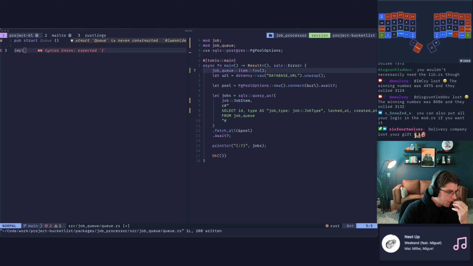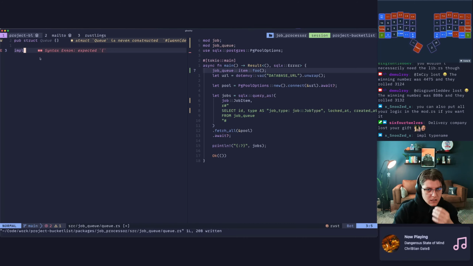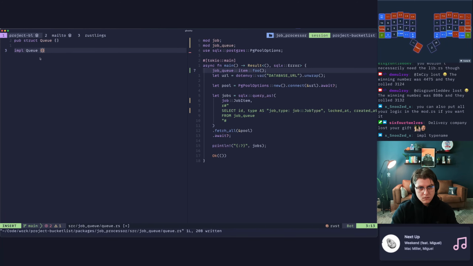I just want to give it a function. Impl queue. And then we can be like pub function.